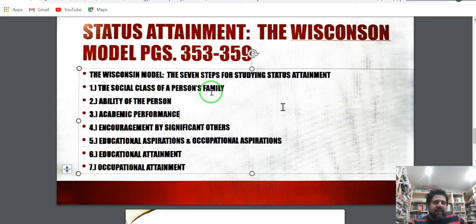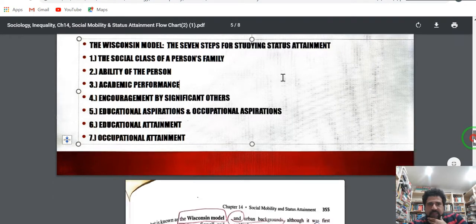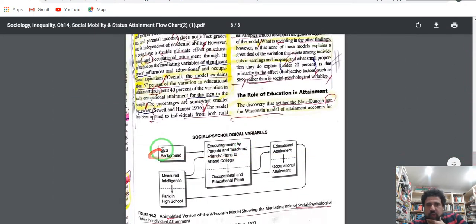So, for example, the father's education level, the mother's education level, all those are factors that are very important. Income level, that obviously contributes to how a child is inculcated, the level of language that he or she is exposed to. All of these factors obviously play a very important role in explaining how. So that would be in this flow chart the socioeconomic background. That would be the first step.